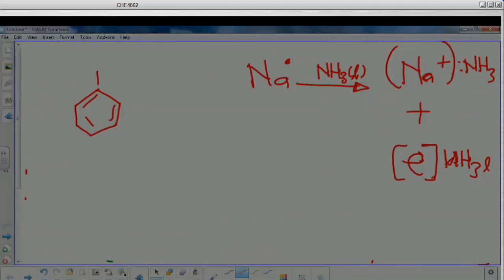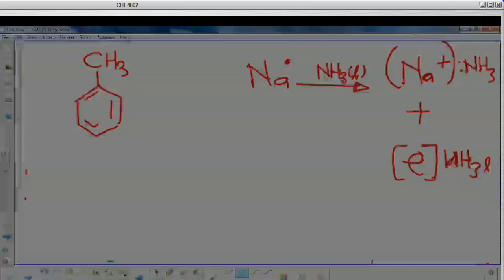Which arrow are you going to use for the movement of this electron? Single head arrow, yes. So let's say we've got CH3. Let me rewrite this ring. I want to show you something. It doesn't matter how I've written it anyway. Okay, I write it this way. This single electron will move.